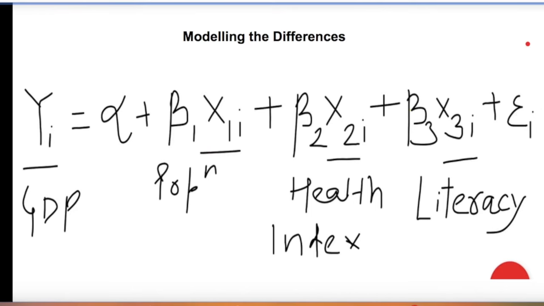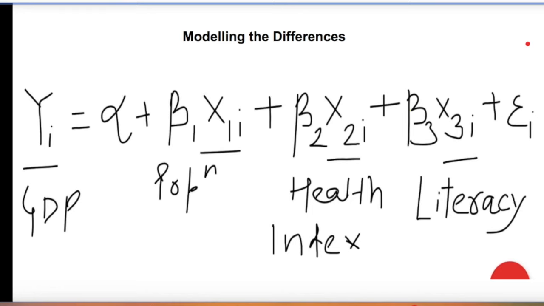So it is important to model the differences in these two societies to be able to identify a proper mechanism. The idea ultimately is to make sure that everybody is reaching a higher level of GDP than before. So you have to first identify what it is that impacts GDP. What are the factors that impact GDP? Once you've identified the factors, the next step is to understand and make a priority list amongst these factors, and then try and find ways to influence these factors.